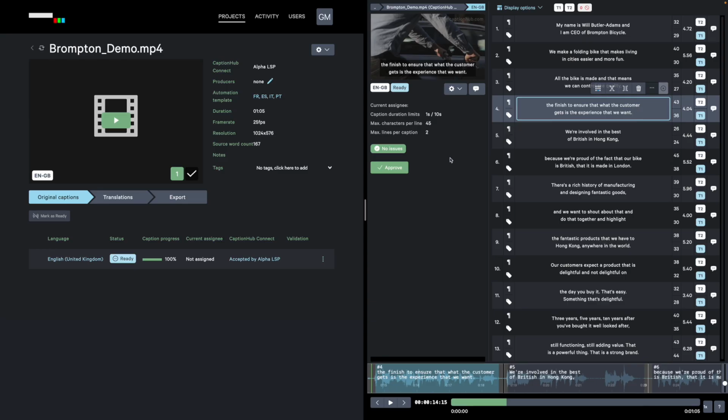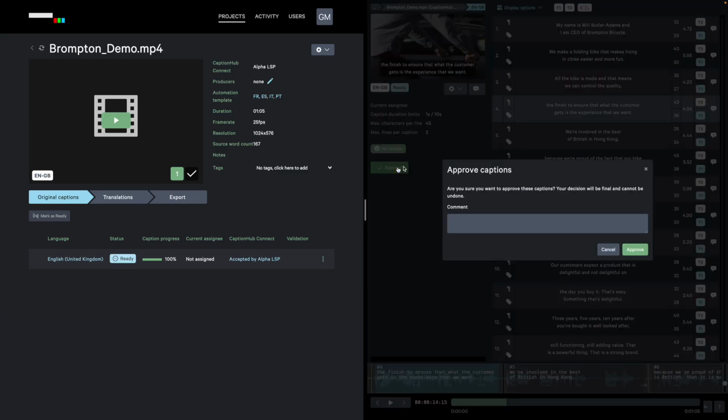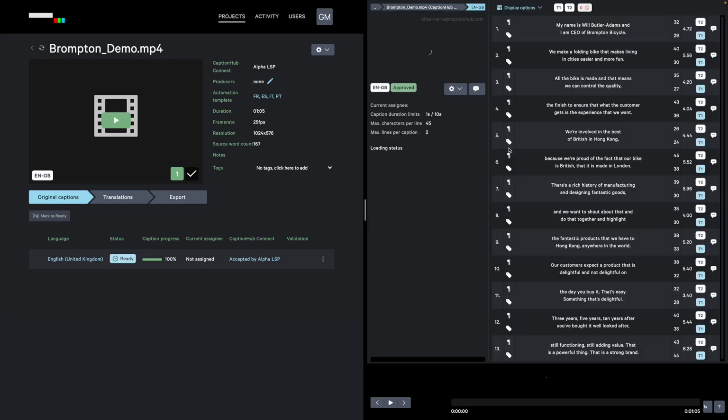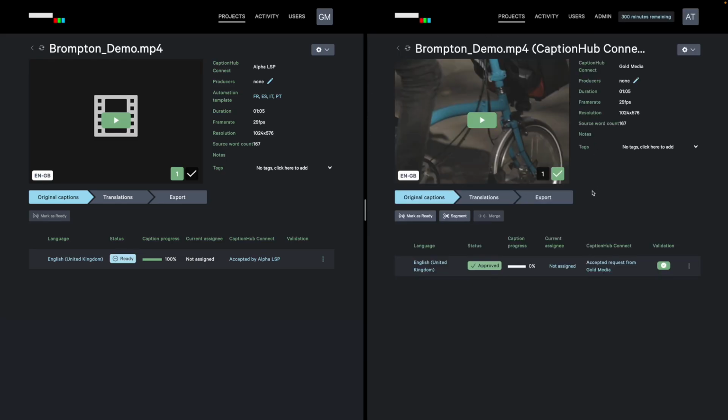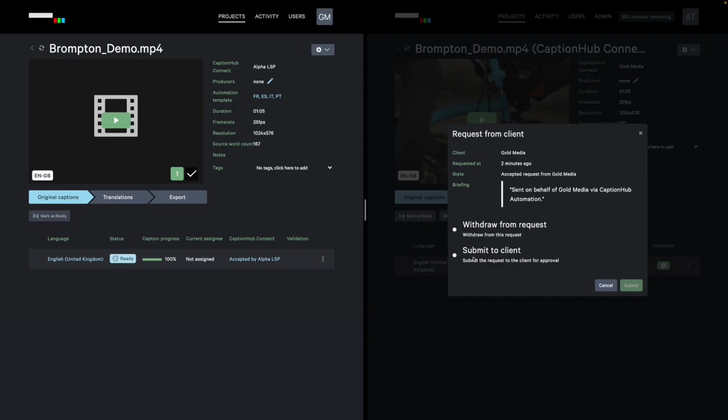For the purpose of this demo, I'm going to go ahead and approve these captions now, like so. I will return to the project page. And now that I'm done editing those original captions, I, as Alpha, am going to submit these to the client,